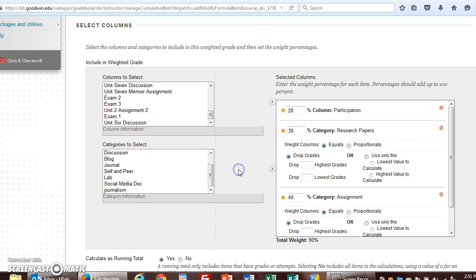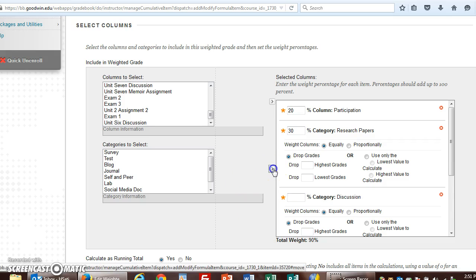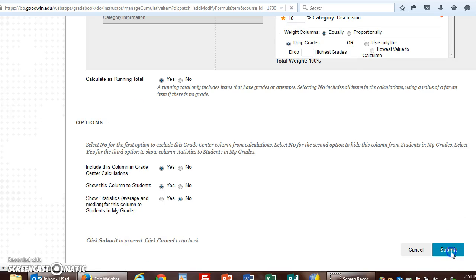And finally, we have all discussions, and that category is worth the remaining 10%. And you can see that by the total weight down here being 90%. So we need 10 more. Discussion, click it, 10, and it's done. So now I'll scroll down, submit,